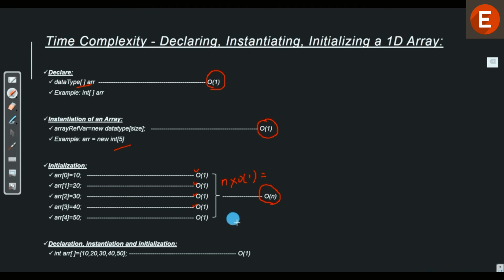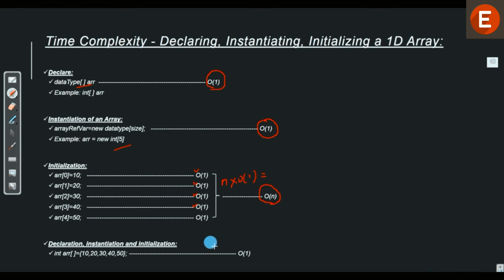Now if you are getting confused about what order 1 and order n are, and how we determine all these things, please stop this video and go back to the algorithm runtime analysis chapter and go through it once again. Without understanding time complexity, studying data structures will not do any good, because be it exams or an interview room, we will always be asked what the time complexity is and how we can improve it. So it is highly recommended to go back and check the algorithm runtime complexity chapter in these video classes.